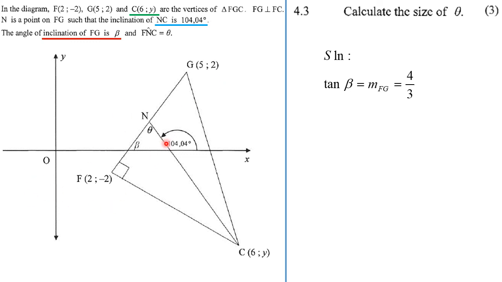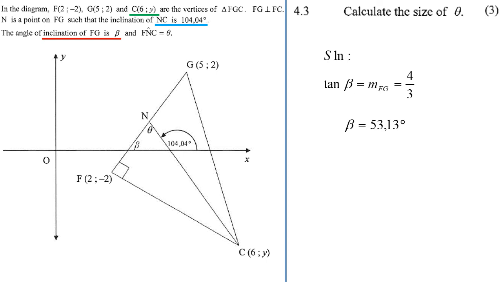If you check here, this angle 104.04 is between 90 degrees and 180, so it is obtuse. But you check beta. Beta is an acute angle, therefore it is an angle in the first quadrant. So in this case our reference angle is going to be our angle. Then use your calculator: tan inverse of 4 divided by 3, and that will give you